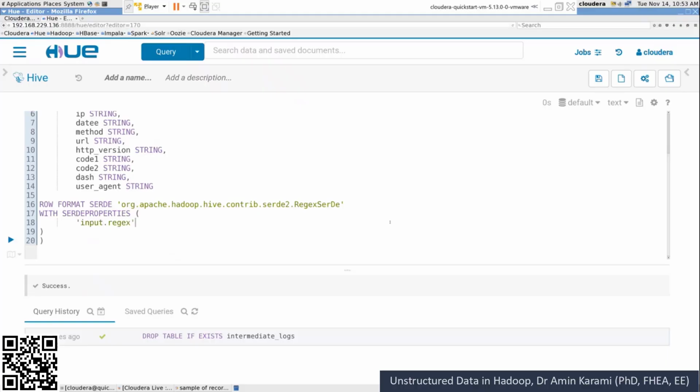input.regex, equal to, you need to provide the regex, comma, and then the output format, which is in string format. All right, and then you need to provide the format. Then you need to say where this file is, location, please